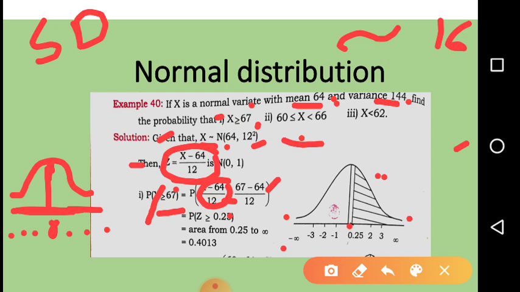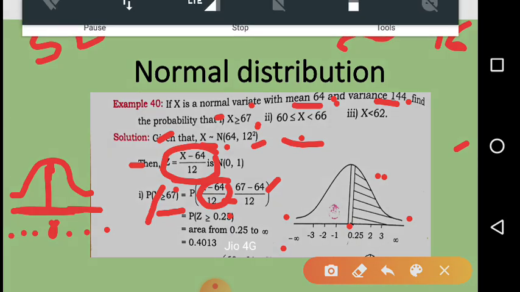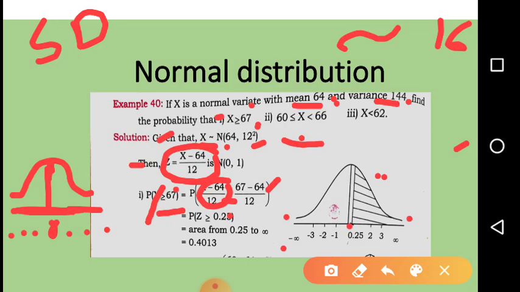It is greater than. The sign in the equation is greater than. Yes, see, greater than sign is there. Greater than, it will be this side. Shade the entire portion like this. See how they have marked, shade that portion. Yes, now you have to write area from 0.25 to infinity, which I have marked now. That shade you have to write now, which is the area from 0.25 to infinity, entire area. Yes, now